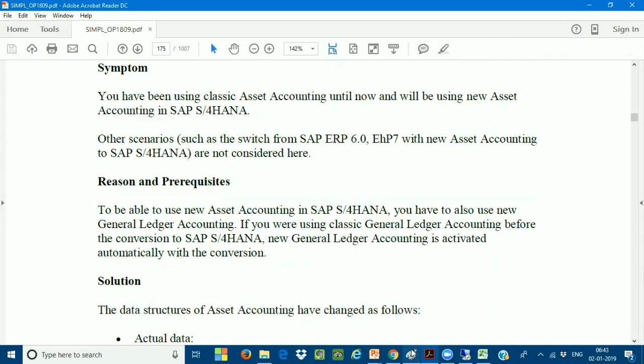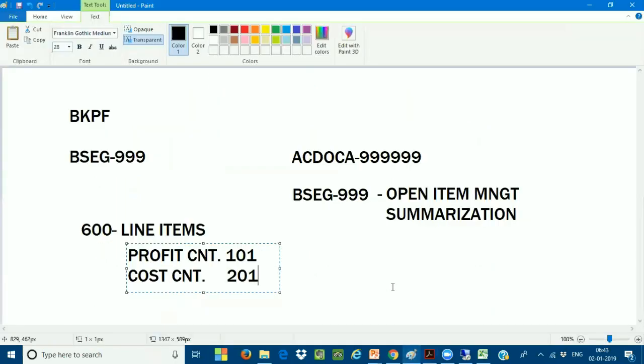Hi, Maharsh. So for the system migration to S4HANA project, is the historical data summarized in BSEC, or are the historical data still line items in BSEC? It is available in both. Whatever historical data is there in the BSEC level tables at the time of migration, at the time of converting your system from SAP ECC to SAP S4HANA, once the technical conversion has been successfully completed.